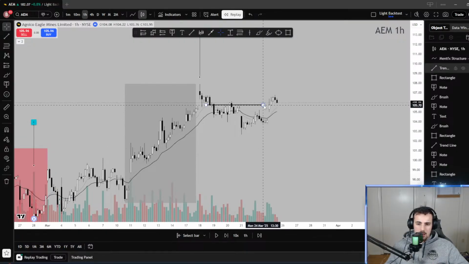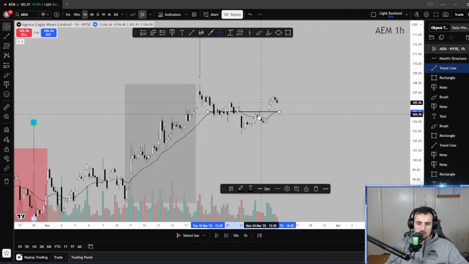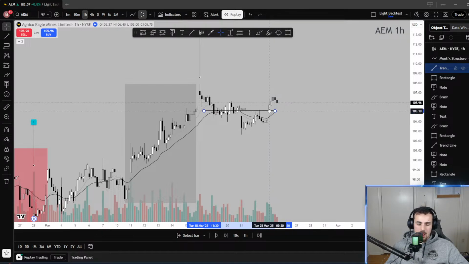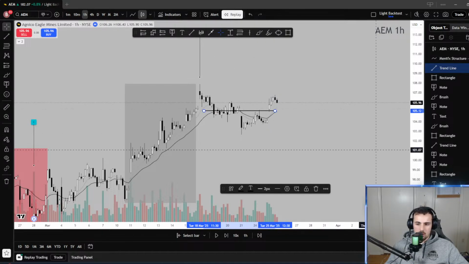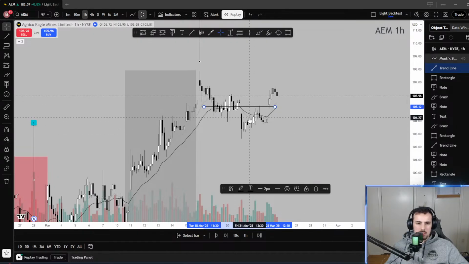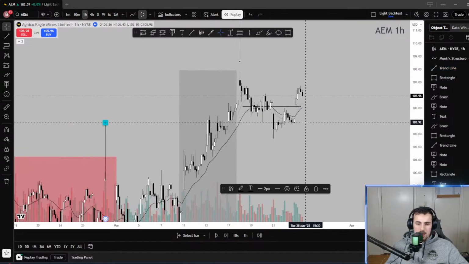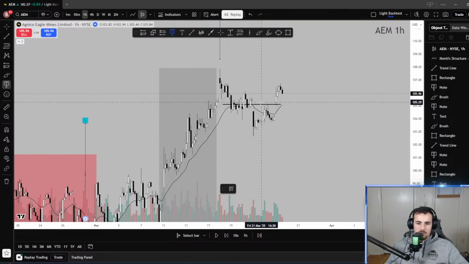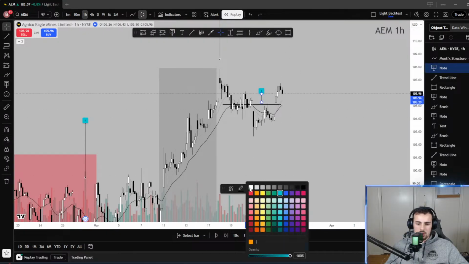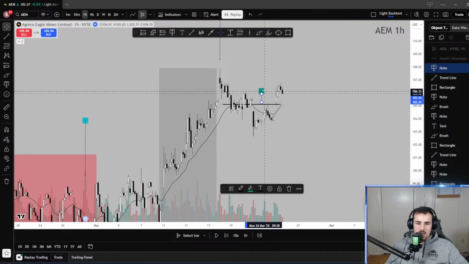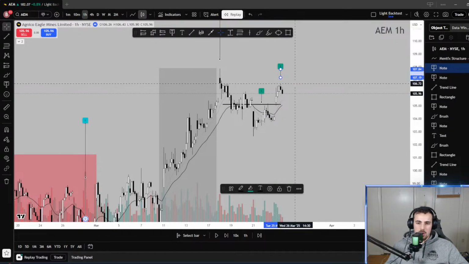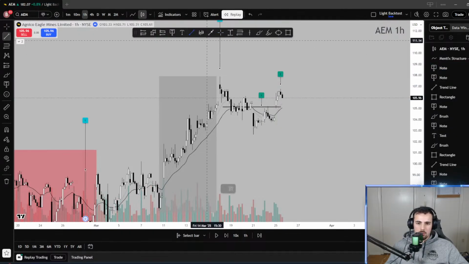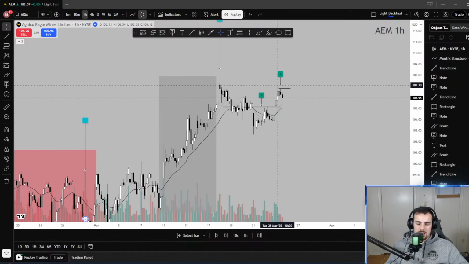Does right here, comes out of this area. Whether you draw it down here and it reaches above this high, or you draw it up here, it doesn't really matter. I'll put it right here because this is what looks like it makes the most sense to me. And now, guys, the 1 hour time frame has moved into accumulation. It's had this first breakout of accumulation, and it's now created the first high to run. So we are going to play the idea that this high is going to get ran.